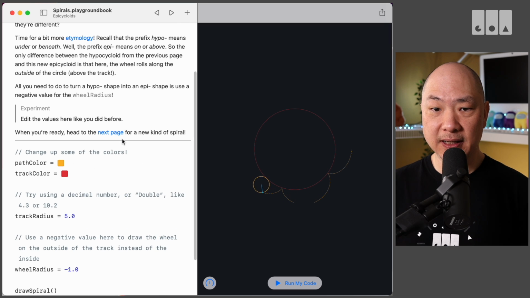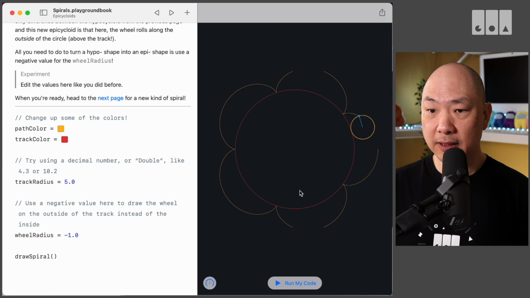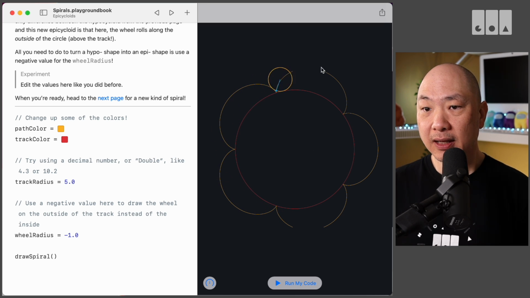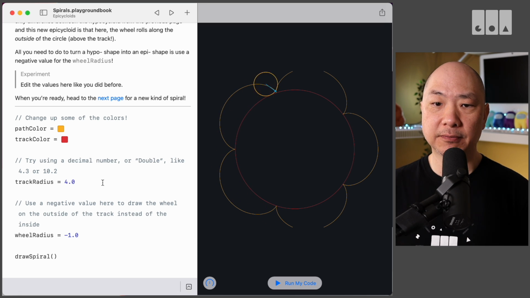So here we're seeing that we can actually change the color of the path. So here now the color of the path is yellow. Now you're wondering how come it's cut off here. That's because our canvas just goes up to here. So that's why. If we made our track radius a bit smaller, so let's make it a 4,